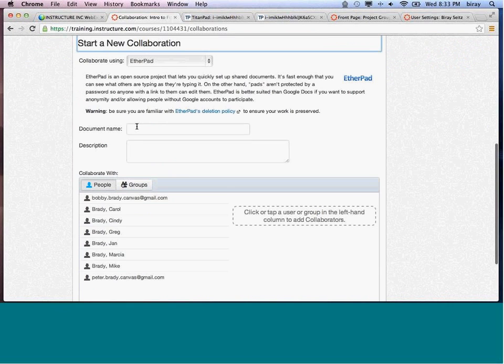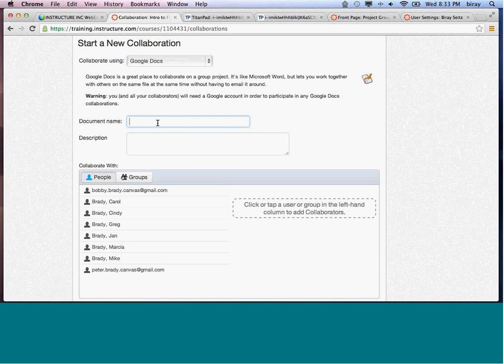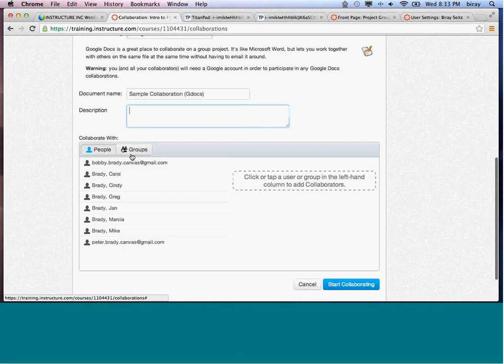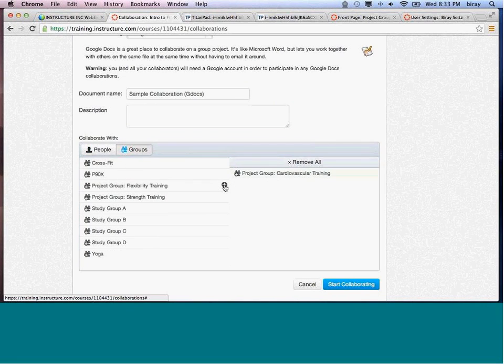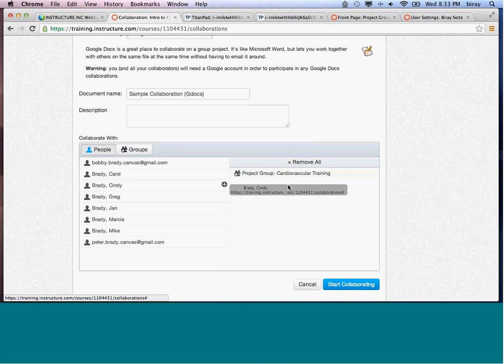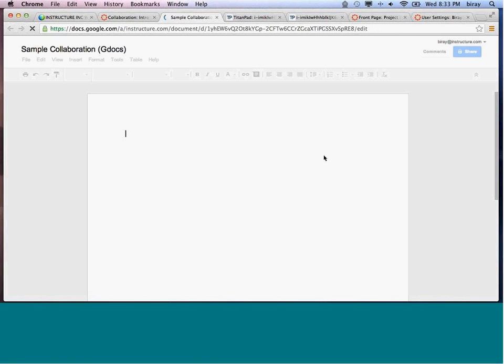The other type of collaboration is a Google Doc. So we'll click Google Doc, and I'll name it sample Google Doc collaboration here. Once again, I can either leverage groups if I wanted to, or individual participants, and say I want this particular person in that group. Then I'll start collaborating. Because my Google Docs are synced to Canvas, this is the equivalent of